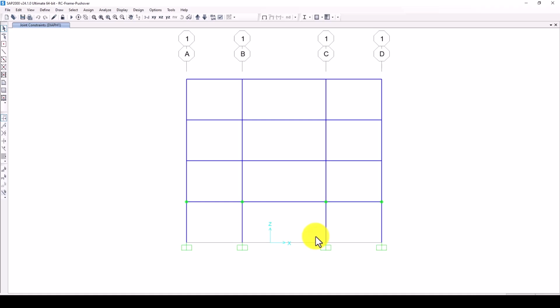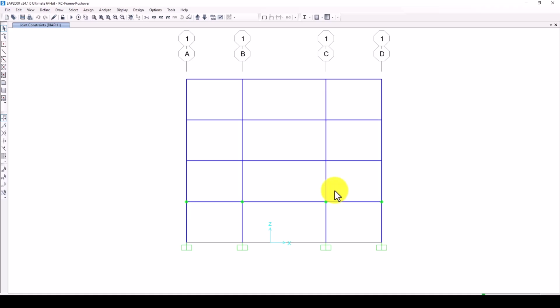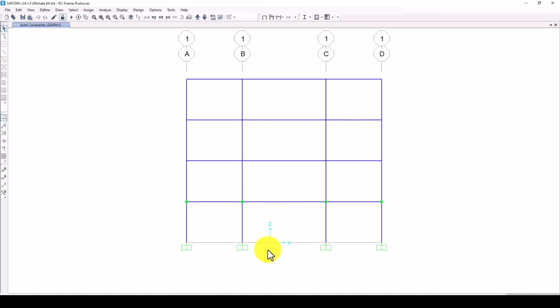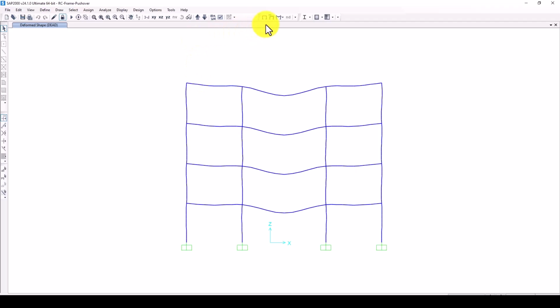So remember, this is a nonlinear analysis. It's a little more time consuming than a normal linear analysis. So we run the analysis. Yeah, let's start running. The analysis completed, and there is no error. Some warnings, we keep them, we ignore them, and we directly go to the